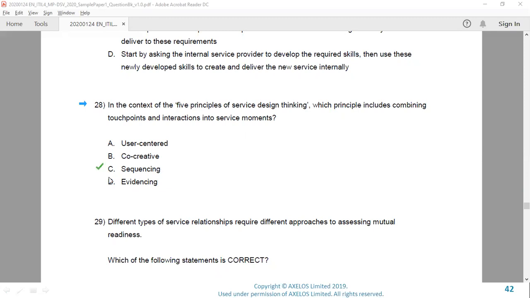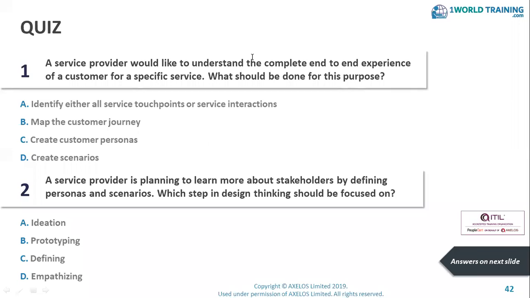Evidencing is about using physical evidence or artifacts to trigger the memory of positive service moments, which uses emotional association so that customers can continue to enhance the customer's experience. The other principle which is missing here is the holistic principle. Let us look at 2 more questions